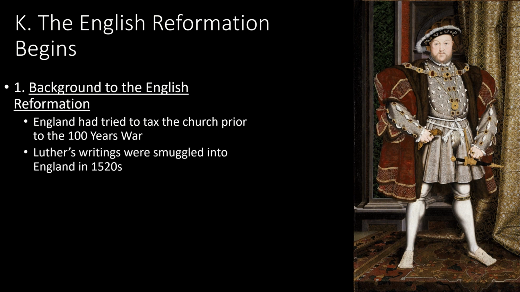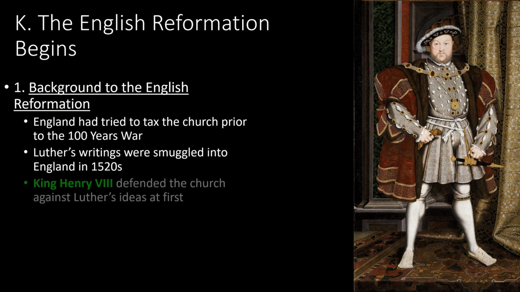Then in the 1520s, remember 1517 was the 95 Theses. By three years later, some of Luther's writings were being smuggled into England. So guys, remember the printing press? Look at the effects the printing press is having. It is spreading Luther's ideas all over Europe. Now, who is the king of England in the 1520s? The legendary king, Henry VIII. Here's a portrait of Henry VIII. Some of you will know his story well once I start really getting into it. Some of you might be like, man, where have I heard that name before? Trust me, he's got a legendary story.